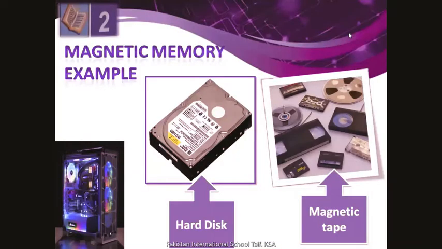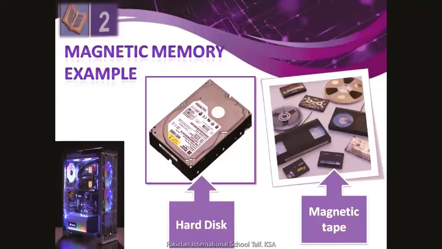Dear students, hard disk is another example of your magnetic memory. Hard disk is a widely used method, and normally in our computer we must have at least one hard disk that is used to hold your data and information permanently. So hard disk contains one or many platters coated with magnetic material on both sides. The platters are attached to each other in the form of parallel platters, and they can rotate,